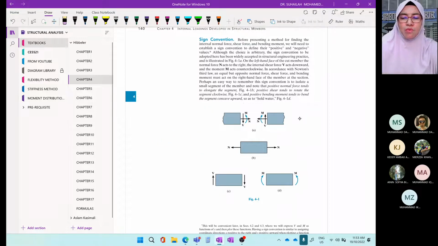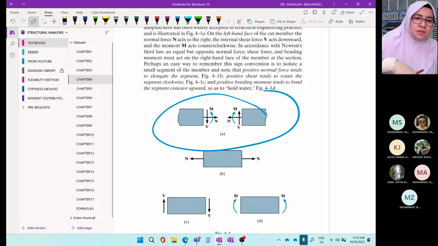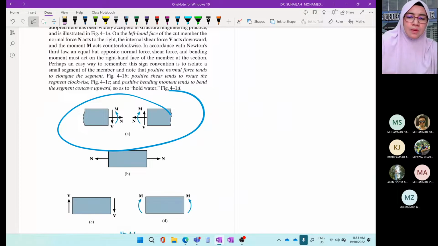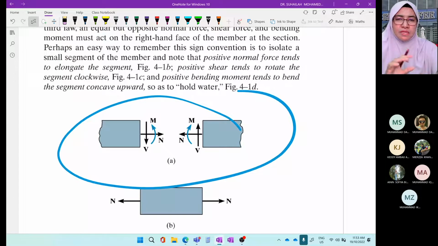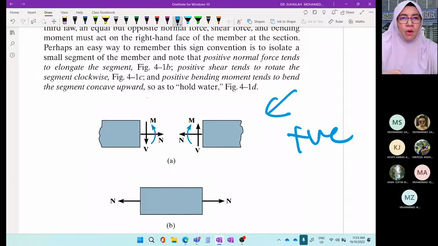Okay, so kita pakai buku Hibbeler as main reference, so kita kena pakai yang ni lah. Takkan always pakai yang sign yang ada kat sini. So sign ni, kita pakai sebab kita refer pada textbook ni. Sebab sign convention ni basically based on assumption. Sign convention is assumption. So kenapa kita pakai yang ni? Sebab kita refer buku ni. Buku ni dah pilih positive sign convention for internal forces.